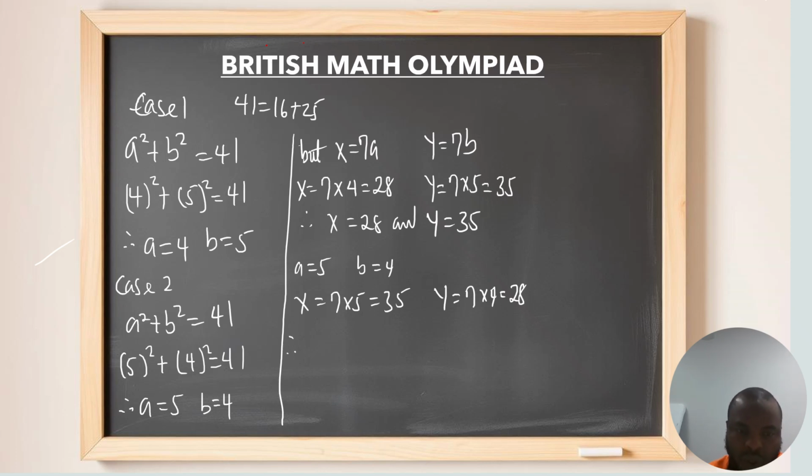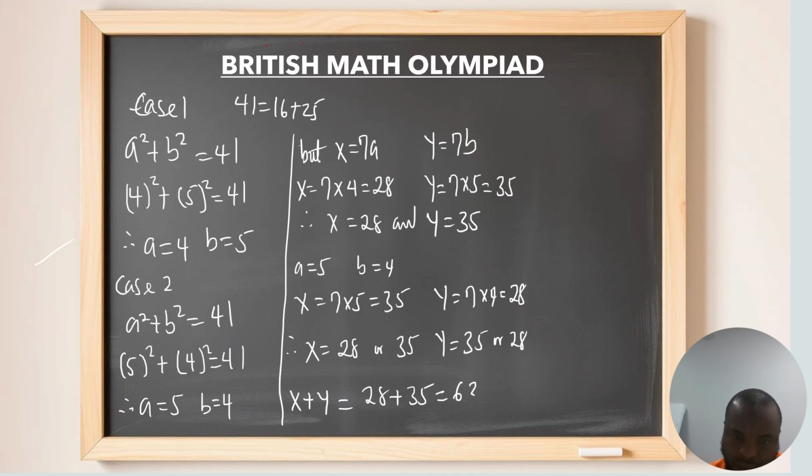Therefore the value of x can be 28 or 35, and the value of y can be 35 or 28. So for x plus y, either one of the two is still going to give the same result. It can be 28 plus 35, which is 63. Alternatively, using case 2, x and y are 35 plus 28, which is still going to be